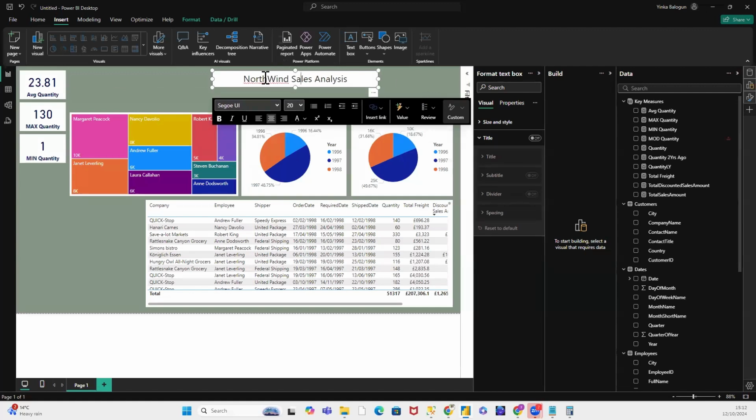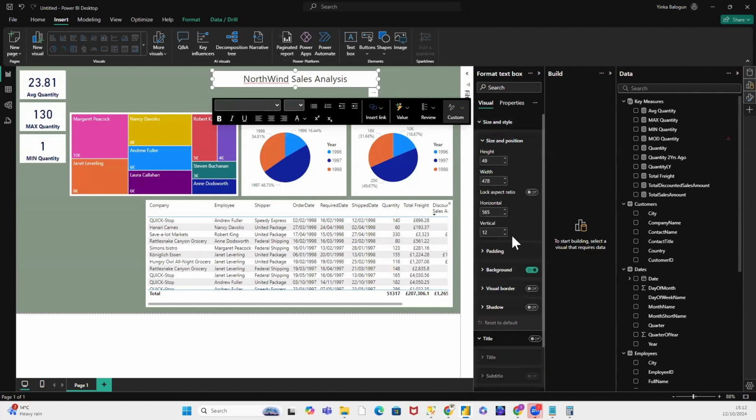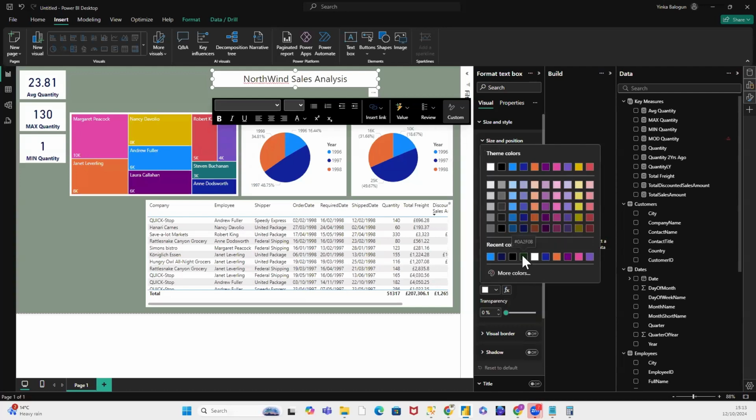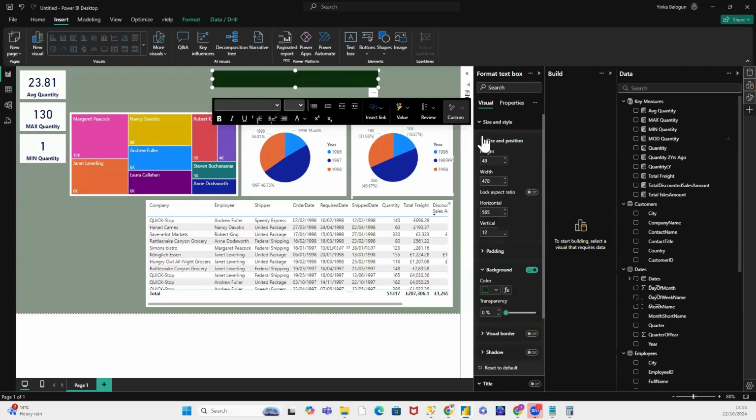Okay, and now I can fill in the page as well. So come in here, it's highlighted that. Then I can, no, I don't want the font. I want to fill in the color there. So that's highlighted. Size and style. Background color is white. I don't want it as white. I want it as dark green. I want that. And